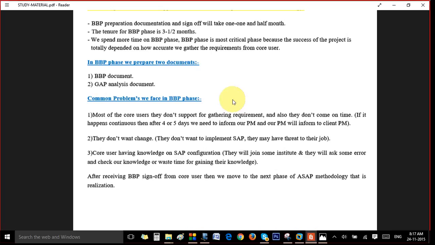Okay. But one interesting thing I have observed is, suppose we take an example of a cement industry. A core user means he has experience of 15 to 20 years in that cement industry. He knows the in and out of the sales process, he knows competitors, everything he knows. Okay. So what happens is,